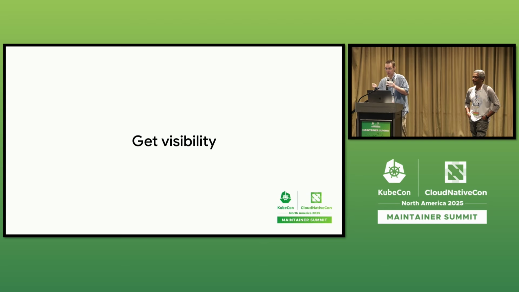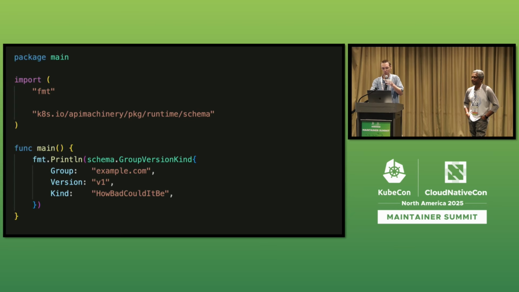The first step is to get visibility into what the change actually is. You can't review or reason about what you can't see. So you have to understand what a change is going to do to your dependency tree. And we have a tool that we use. For example, say you have an app and you just need a little tuple to store a group version kind. Kubernetes has a type for that. What if you just used that type? If you looked at that, how would you know what that's going to pull into your dependency graph?